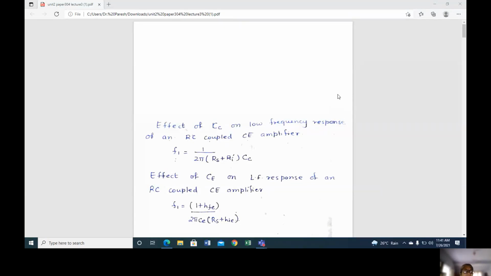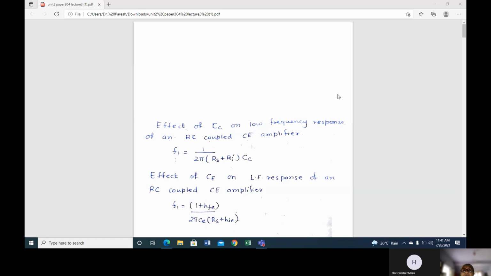So what we have seen till now is, we are studying the RC coupled amplifier, and we have seen the circuit of the RC coupled amplifier. Now what we observe is that if we change the frequency of the input, then there is a change in the gain that is obtained at the output. At lower frequencies, slowly the gain increases. In the mid-frequency region, the gain remains constant, and in the higher frequency region, the gain decreases.